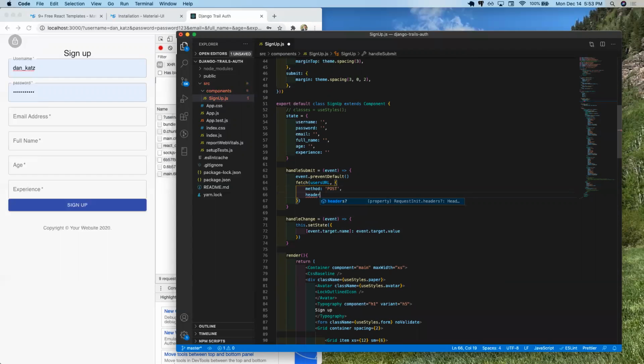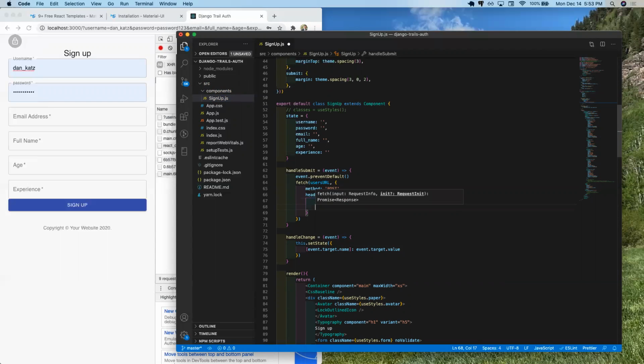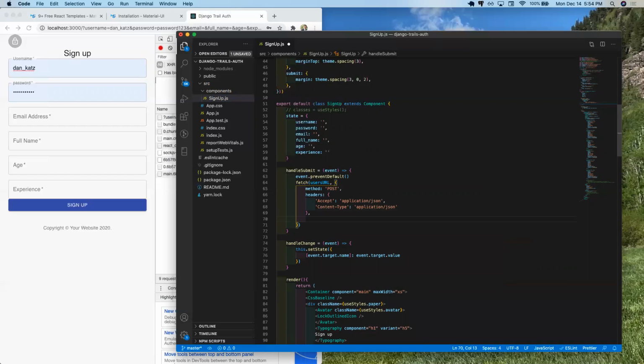And our headers are, we're going to accept, I feel like this is pretty standard, application/JSON, and content type, which I'm not positive is definitely mandatory, but we'll keep them in there just in case, and quotes of those. And that should end our headers key value pair, so we'll do a comma,